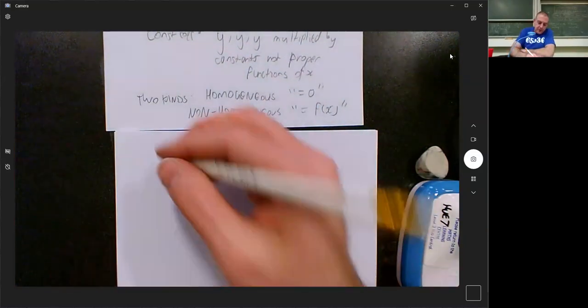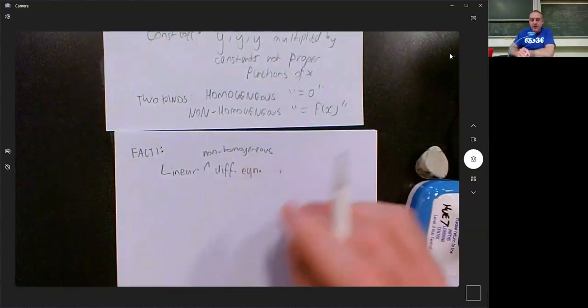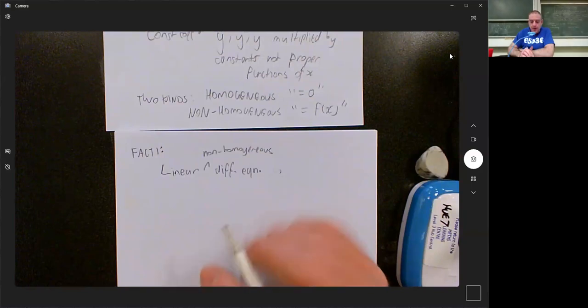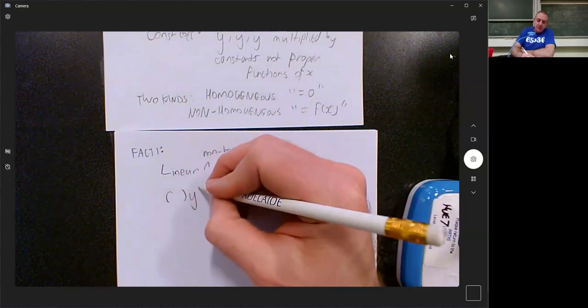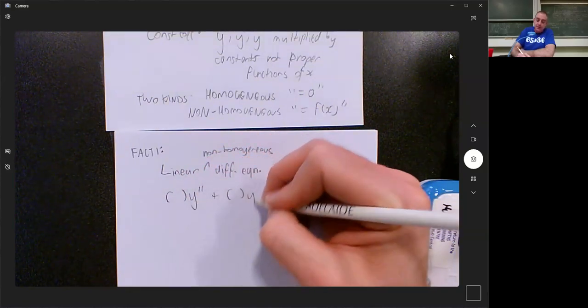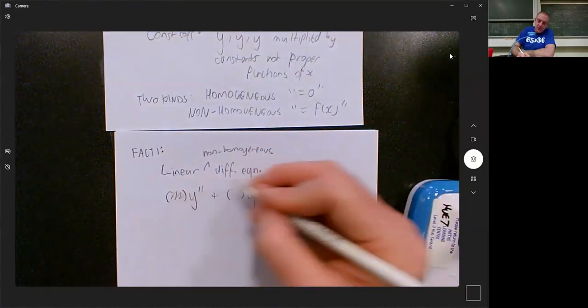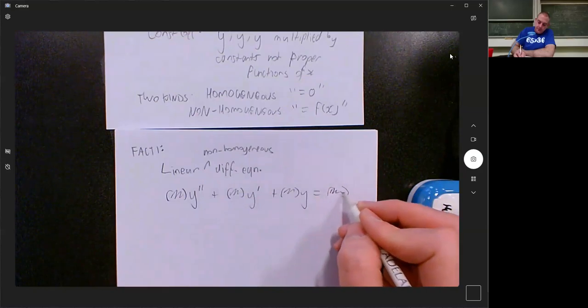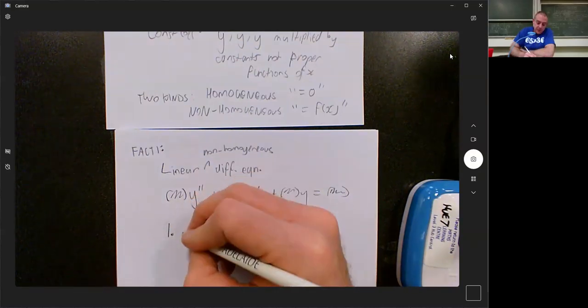its solution, so this is fact number one, a linear homogeneous differential equation which will look something like this. It doesn't really matter how many derivatives there are. And there's stuff in these spots, and it's not homogeneous where this isn't 0. The way to find all the solutions to this, or the general solution to this, it's called, is a two-step process. First,